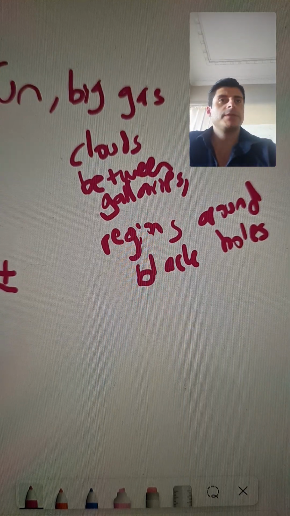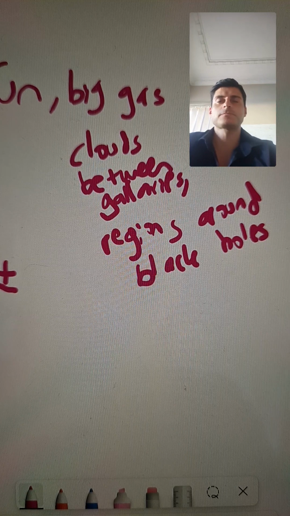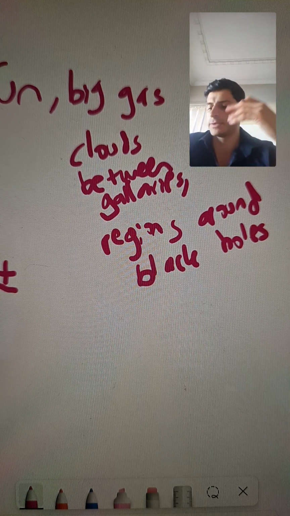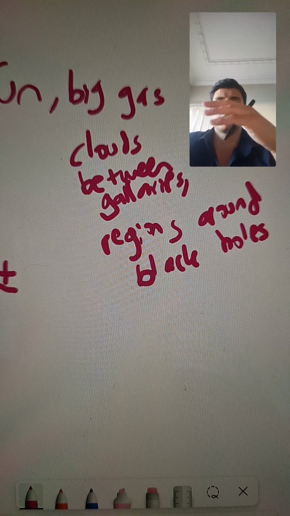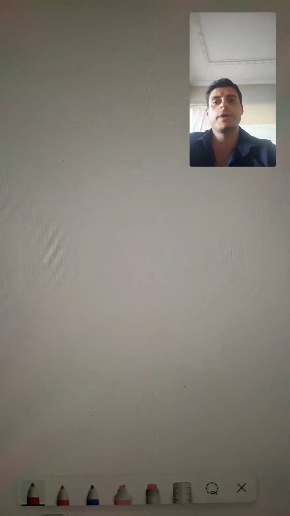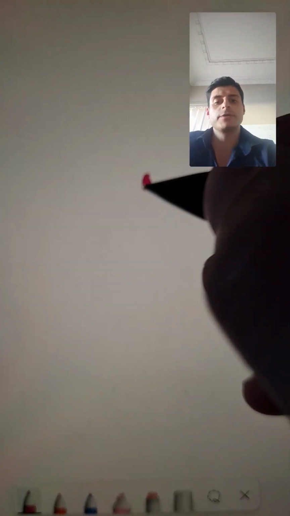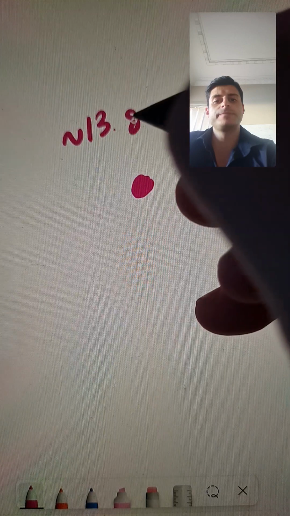So let me explain this idea of reionization. So how the universe went through different phases from neutral to ionized, from ionized to neutral, back to ionized again. So I'll start with the Big Bang singularity. So the theory goes that around 13.8 billion years ago,